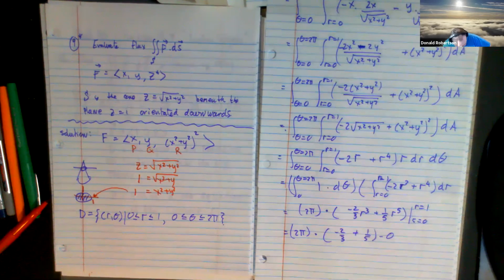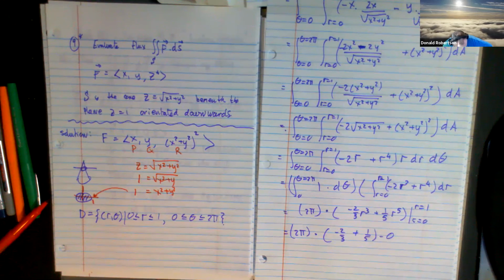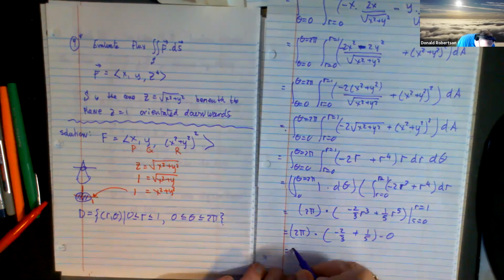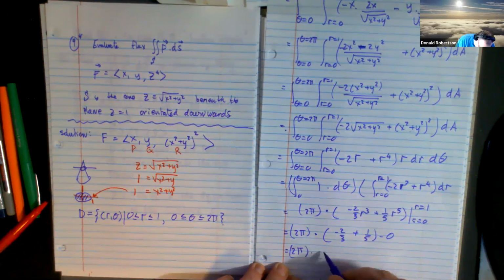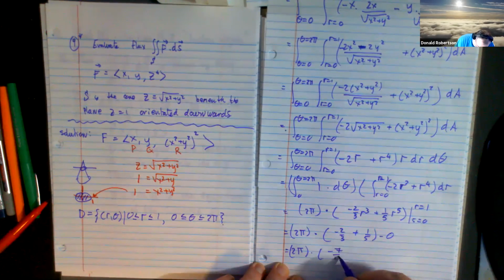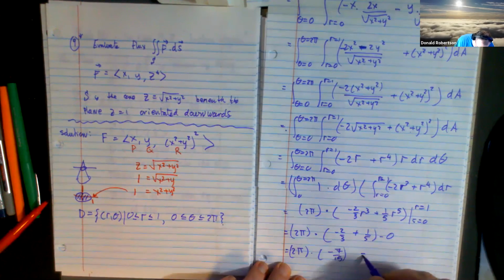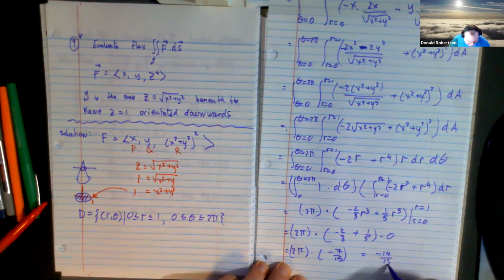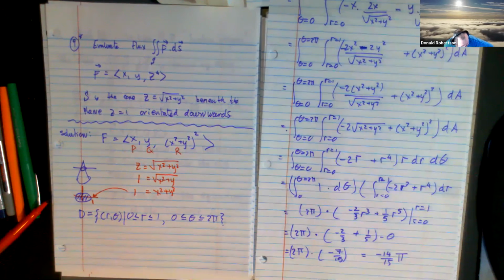The common denominator is 15: 10, 3, so negative 7/15. So 2 pi times negative 7/15, negative 14/15 pi. And then you go and you look at the question and you notice this,